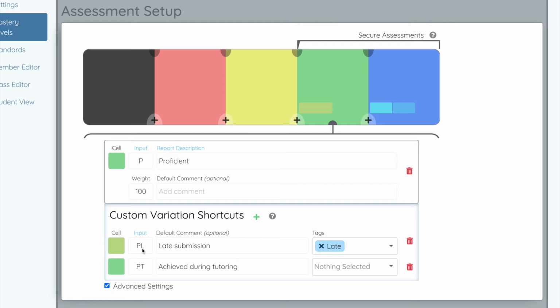So if you're an administrator, this lower section, the section called Custom Variation Shortcuts, is something that you want to prepare your teachers to do, because any changes you make down here are not going to affect every mastery book in the entire school. And then lastly, there's one more thing that you can alter here, and that is the